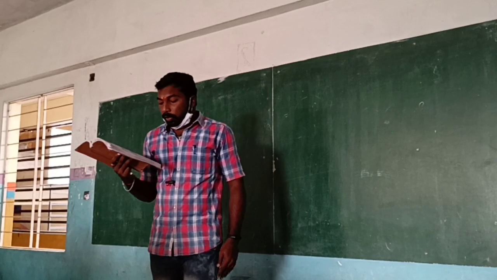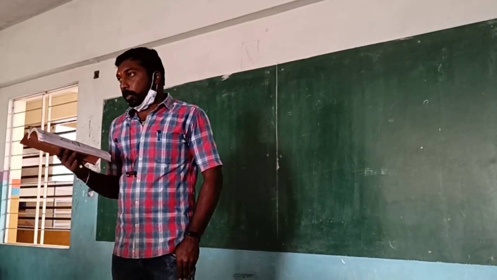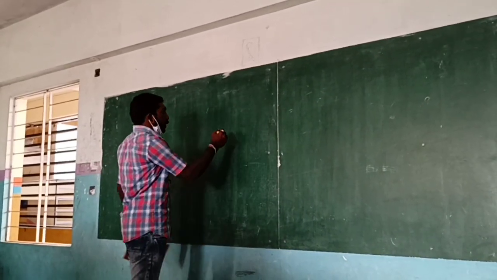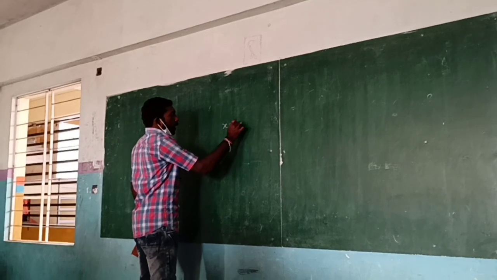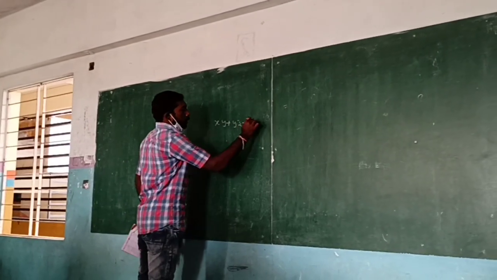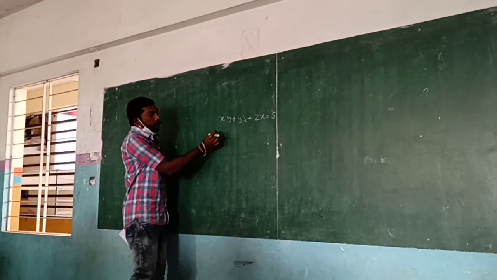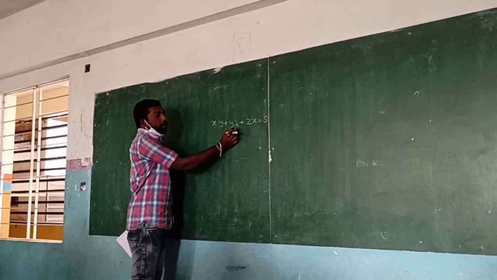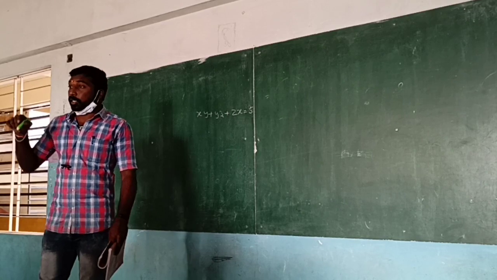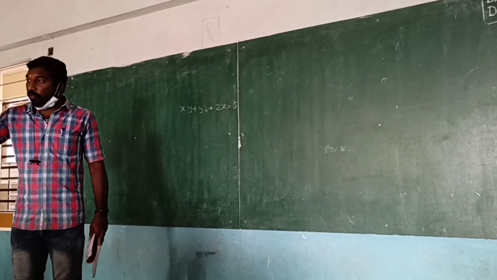Next, which of the following is a linear equation? 4x plus 6 is equal to 8. Why? Because there is xy plus yz plus zx is equal to 5. Okay, no? Here the degree is 2, and here 2, and here 2. But what is the statement we have? That the linear equation has the variable degree 1.